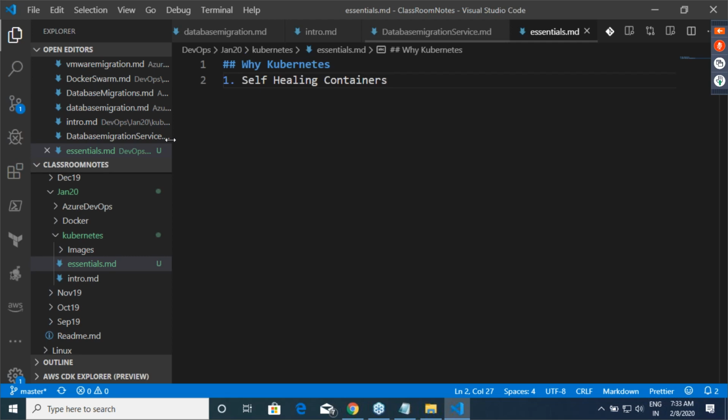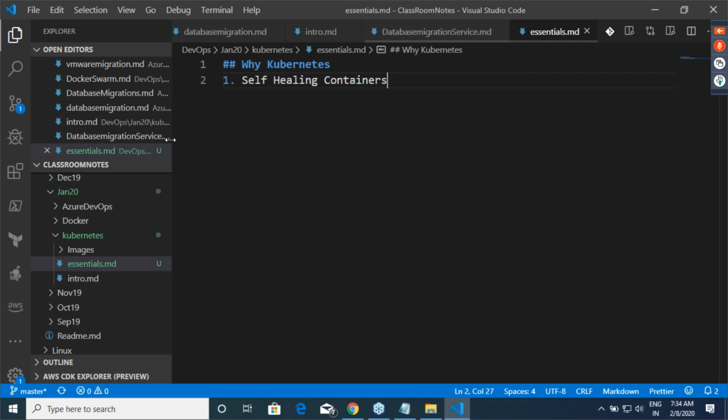Whatever Kubernetes has right now is an actual state, and it will always try to make the actual state equal to the desired state. So if your desired state was to run 2 Docker containers and one container is dead for some reason, I'm not saying that it will make 2, it will try to make 2.